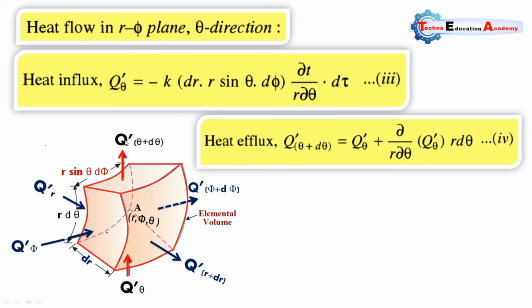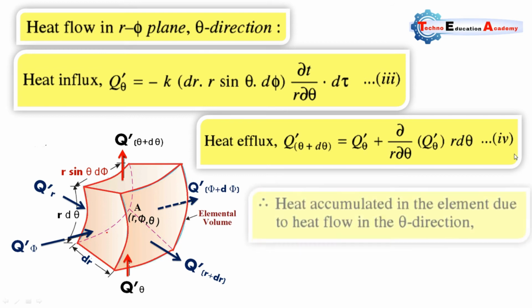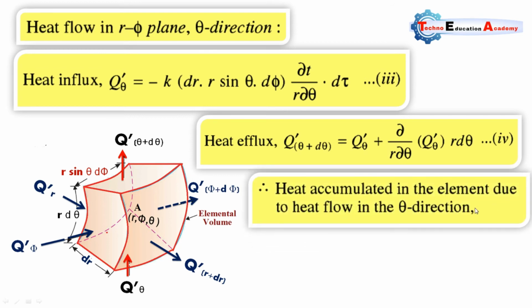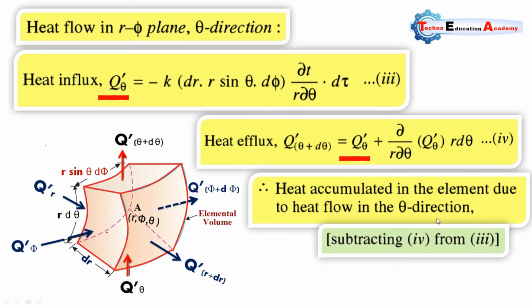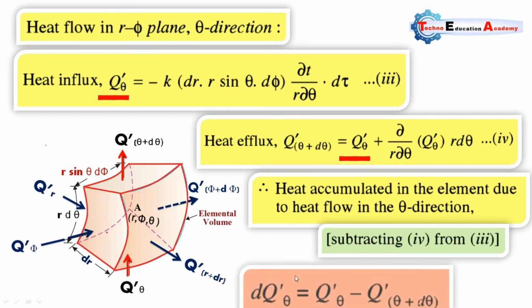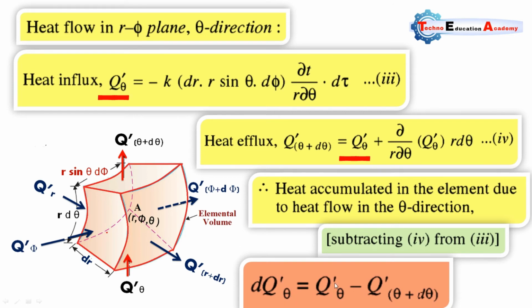Same as heat exit in theta direction equal to q' theta plus del by r del theta into q' theta into r d theta, which is called equation 4. So the heat accumulated in the element due to the heat flow in theta direction, for that here we subtract the value of equation 4 from equation 3. We have already discussed in the previous slide by considering the example. Okay. So in equation 3 and equation 4, the common term is q' theta. So it is cancelled out. So the remaining term is,